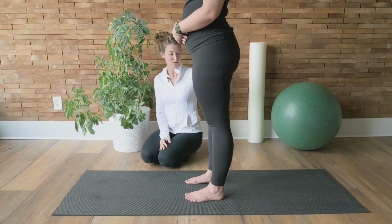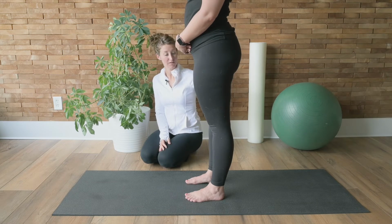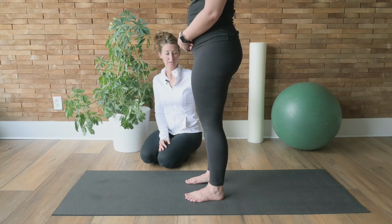So often we'll end up standing throughout the day, and that will turn off these, with these locked knees, we see that a lot, or like hyperextended knees, that'll turn off those hamstrings. So first thing we can do to start making sure that they